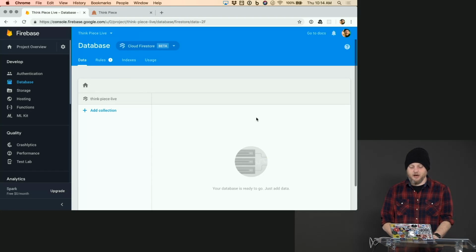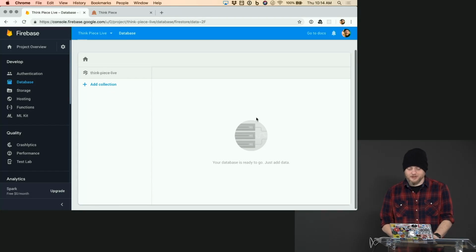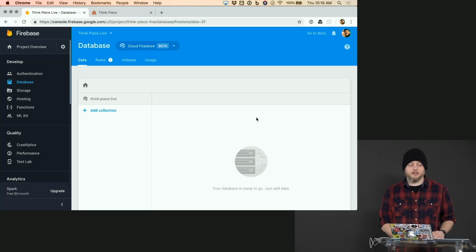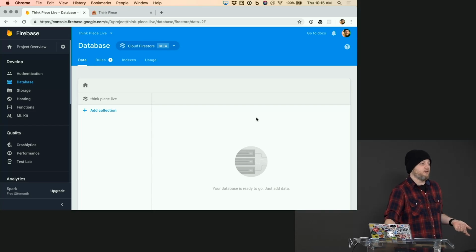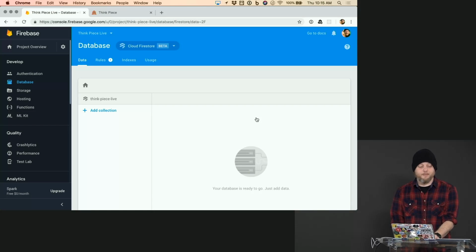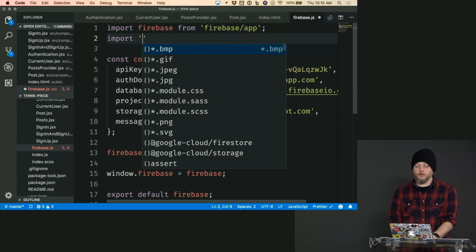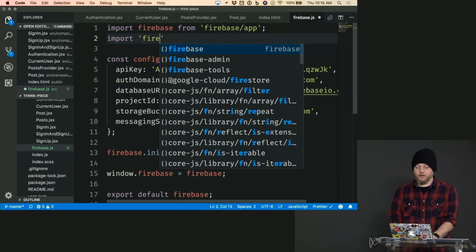And we have our database. There's not much in it yet, which makes sense. We just created it. Let's actually wire it into our React application. So to do that, we will flip back over. And we're going to pull in the code for Firestore. So we'll import